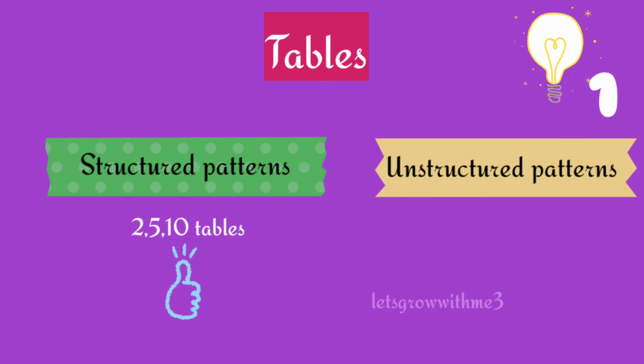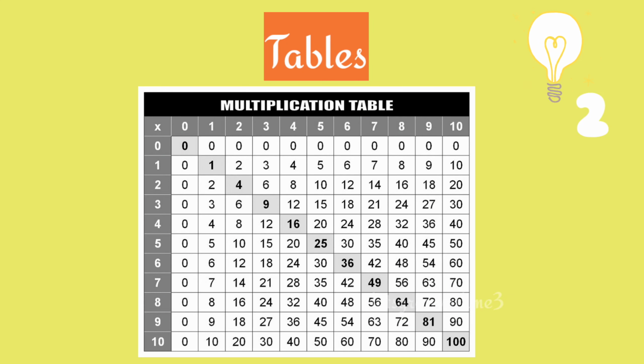Okay, but whereas in unstructured patterns it's very hard to memorize. Okay, so that is 3, 6, 7 tables. We don't have any rhythm in these tables. When we don't have a particular pattern or rhythm, it's very hard to save that information, especially when that information falls in a numbers category.